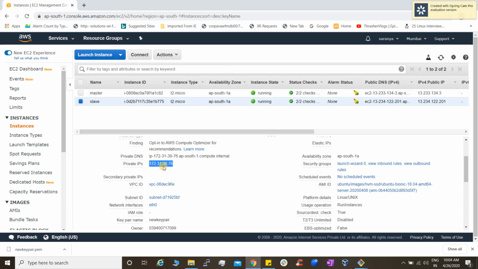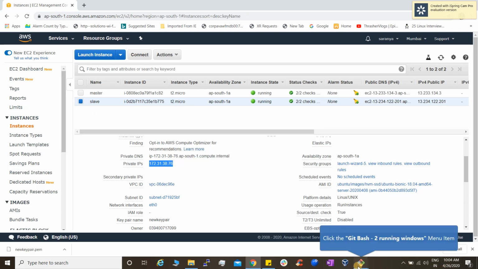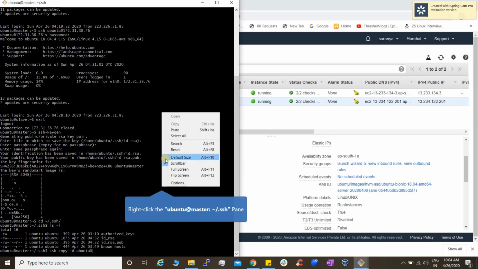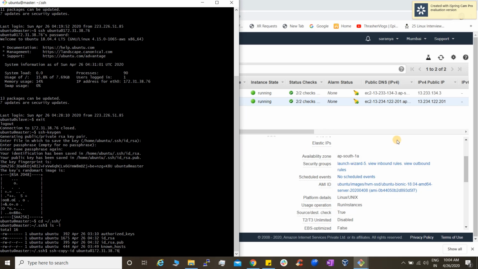We already opened this, right? So this is the private IP of my slave machine. Just copy this and give it here. That's it, guys. What this is going to do is copy the public key file, id_rsa.pub, to the target server, which is the slave server.